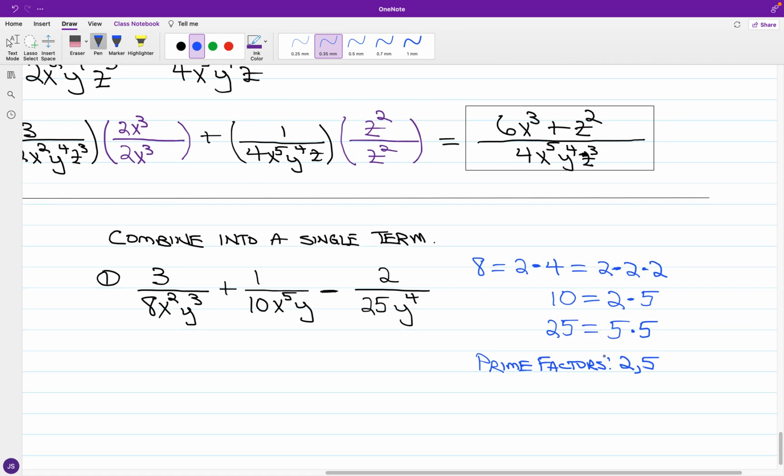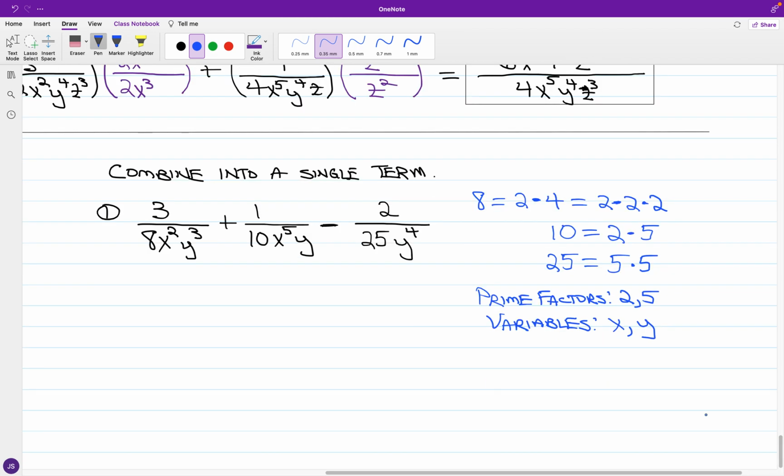With the numbers 2 and 5, and for the variables involved, we have x and y. Now, if we're looking for the least common denominator, what's going to happen here is that if you look at 2 and 5, you're going to be